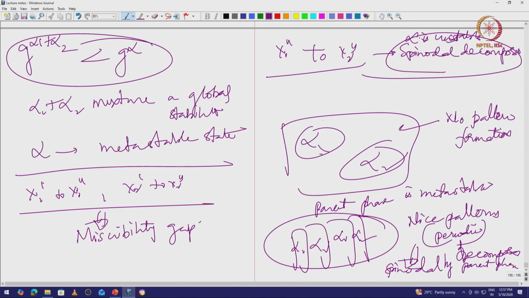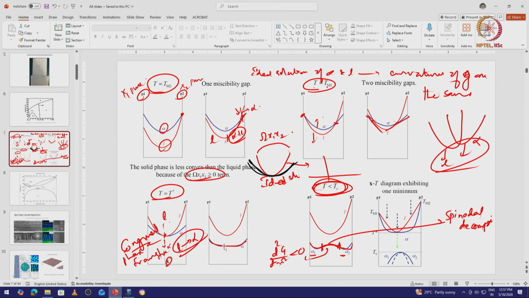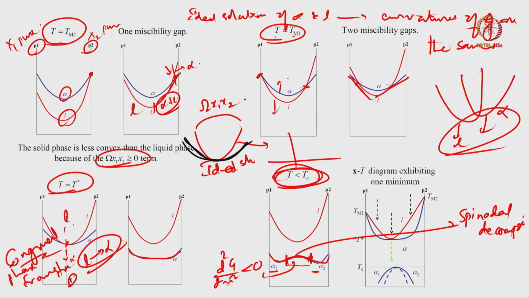Okay, and that is exactly what happens in this phase diagram. If you look here, right. So, in this region I have spinodal decomposition, and in this region I have a miscibility gap. Once I combine all these aspects that are happening in the phase diagram, you can see that this is where my liquid phase is stable. This is liquid plus alpha, this is also liquid plus alpha, right. And then there is one point which is the point of congruent melting. I put all these g versus x as one T versus x diagram, right. So, this is the second phase diagram,